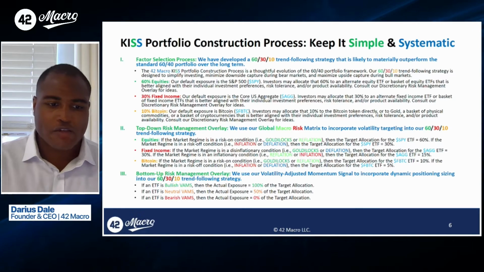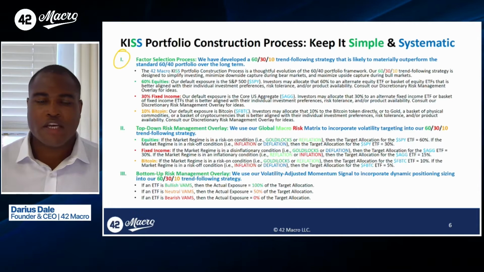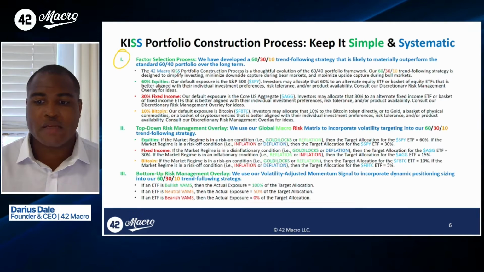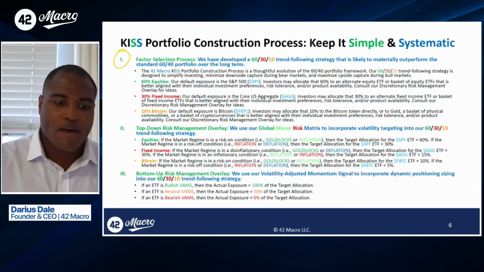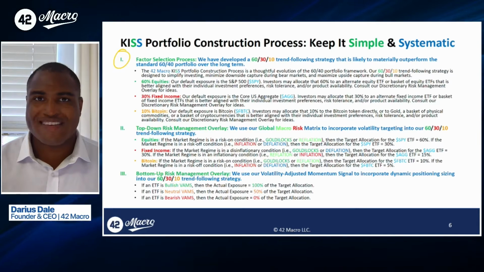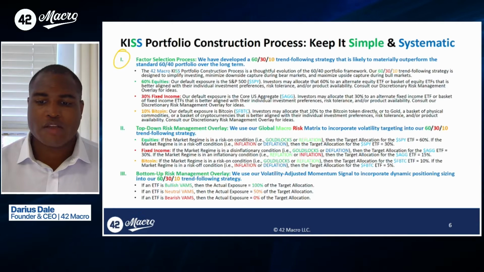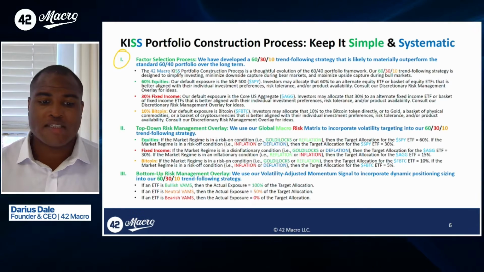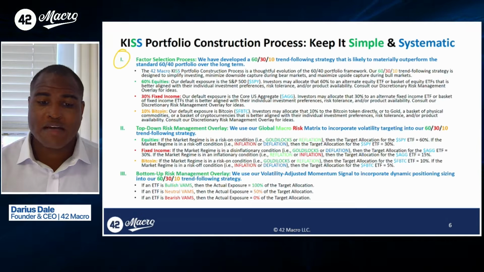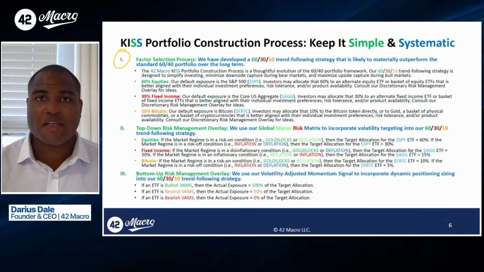So in terms of the factor selection there, we developed a 60-30-10 trend following strategy that is likely to materially outperform the standard 60-40 portfolio over the long term. The 42 macro KISS portfolio construction process is a thoughtful evolution of the 60-40 portfolio framework. Our 60-30-10 trend following strategy is designed to simplify investing, minimize downside capture during bear markets, and maximize upside capture